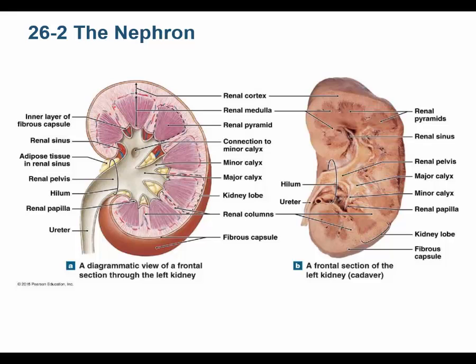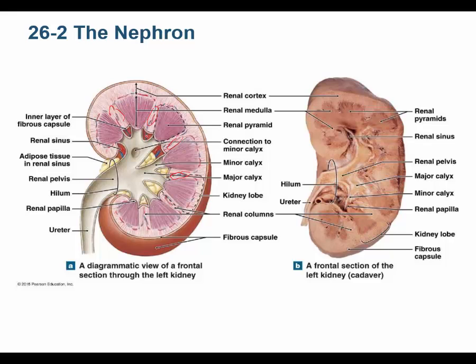These columns, though, are actually extensions of the cortex down in between the pyramids. So that's actually cortical tissue, even though there could be an argument made that it's in the medullary area, but it's really cortical tissue dipping in between the pyramids of the medulla. The tubes, we'll talk about the nephron tubes in a second. Part of them start in the cortex, they end up in the medulla, and they end up draining into